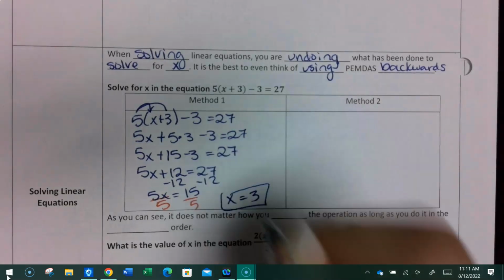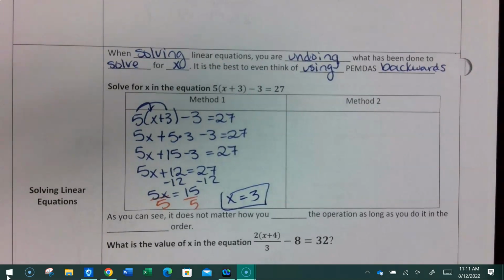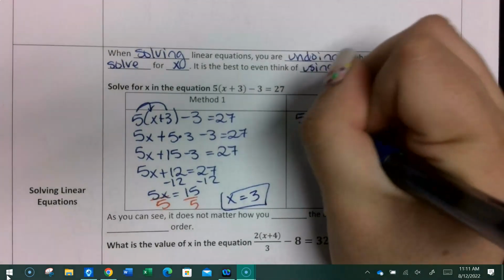Okay? So I'm going to do the same problem again, but I'm going to do it a different way. So first thing,